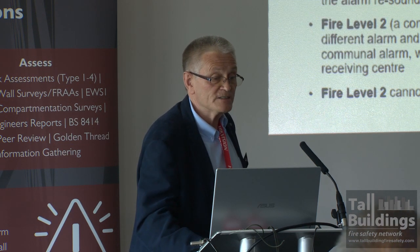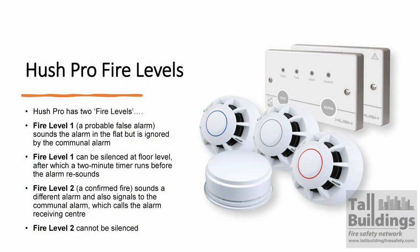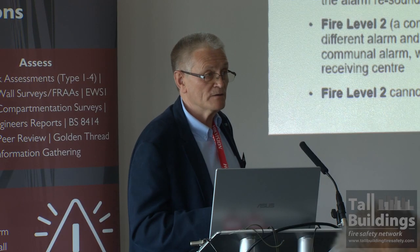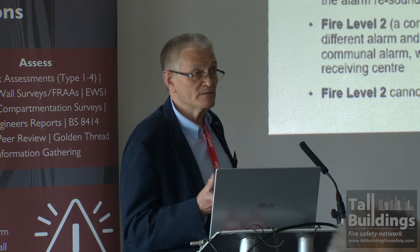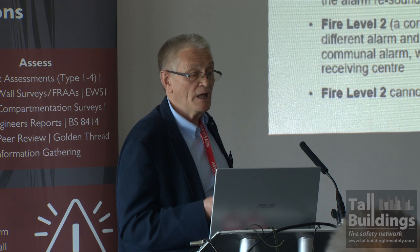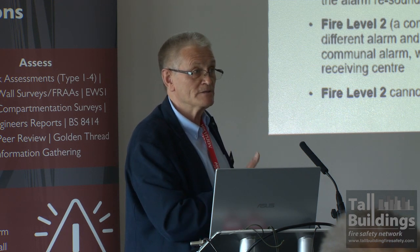So one of the key features of this product is a concept we call fire levels. I said that if you had a smoke alarm, if there is enough smoke, it will trigger. On fire level 1, we assume in the first instance that smoke on its own is probably a false alarm. So the sounders go off in the flat, nothing goes through to the panel in terms of making the communal system go off,